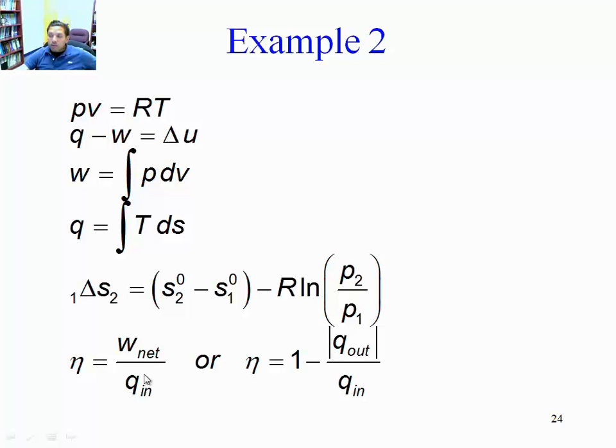And the efficiency of the power cycle is the net work of all the processes divided by the heat in. Whenever there is heat in, we have to add it. Whenever there is positive Q, we have to calculate it and include it in the denominator here. Or we can replace W net by Q in minus Q out, and the efficiency can be given by 1 minus Q out over Q in. It's your choice, whichever one of the two you want to use. They're going to yield identical results.